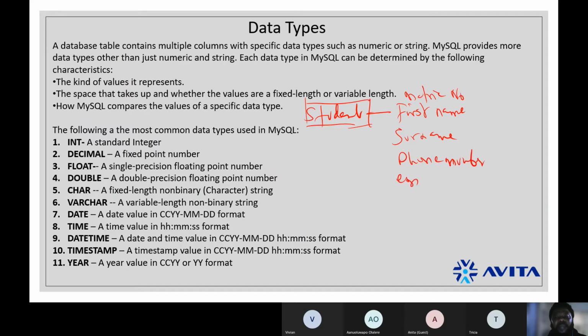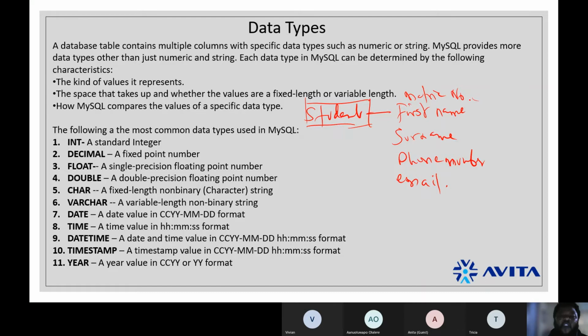Must have an email address, right? So I'm going to stop at email. Now, these are attributes of a student, right? Now, what is the domain for each of these attributes, right? When we say domain, that's plain English.